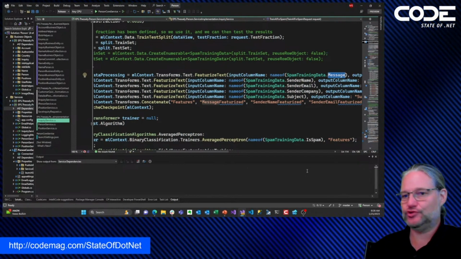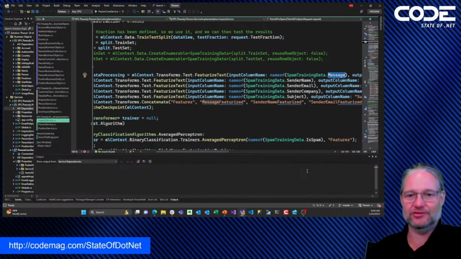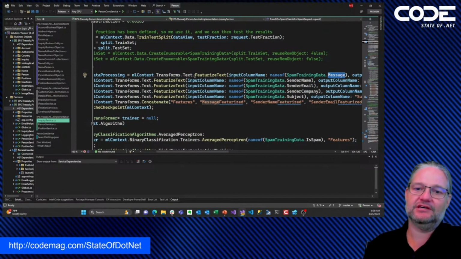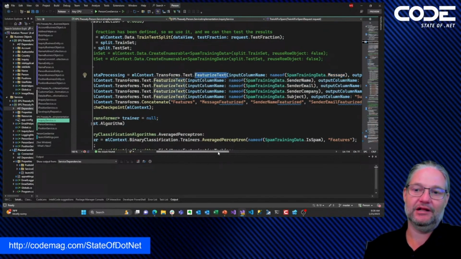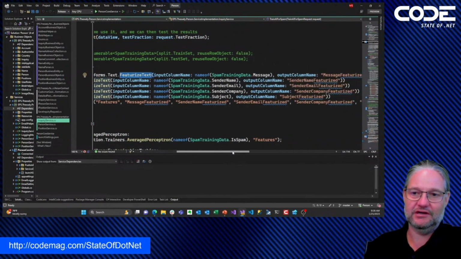So we have to somehow turn a lengthy text message into a numeric mathematical representation of itself. This is a process known as featurizing, which is in itself not that trivial, but we can use this featurized text method in ml.net to featurize our message, and then give it